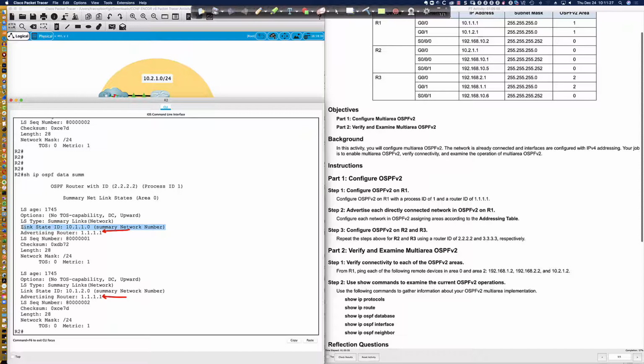Again, it's not a summarization of a set of IPv4 addresses. This is the summary network number. So here is the network number. And you can see we've got the network mask down here. And so if I want to get to that network, you can see the subnet mask is right up here. So if I'm trying to get to some address in the 10.110/24 address space, router 2 has learned a route via a type 3 LSA from router 1